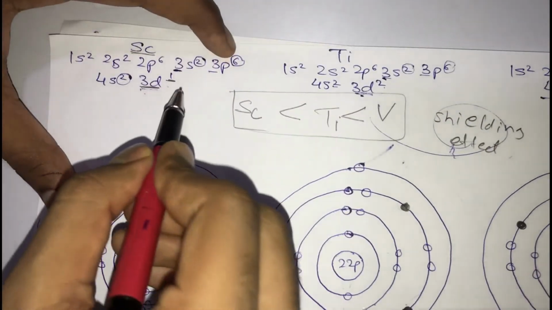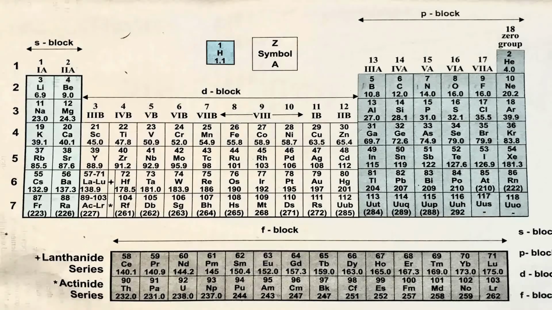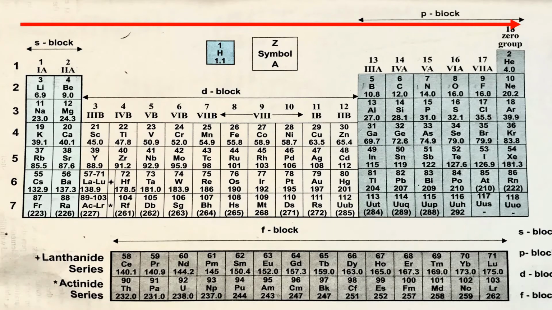So on the basis of what we have seen up till now, can I conclude, guys, that as you are moving from left to right, the size of the atomic radius is going to decrease? As you move from potassium to calcium, the size is going to decrease drastically because they both are S block elements. Again, as you move from calcium to scandium, the atomic radius is going to decrease. And as you move from scandium to titanium, the size is going to decrease, but it is not going to decrease drastically because they are D block elements. And as you move from titanium to vanadium, again the size is going to decrease. And this will go on up to krypton.